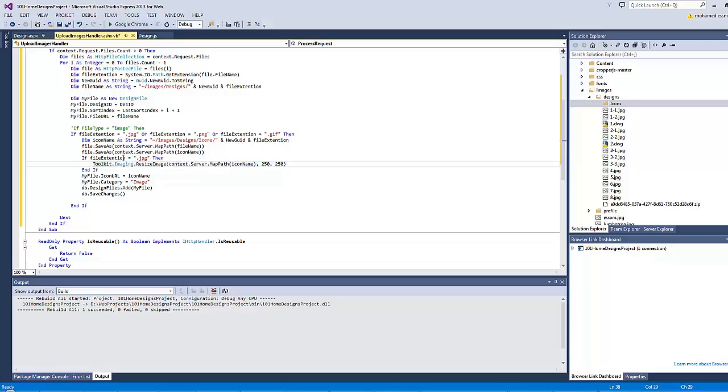So if the file extension equals JPG, what is the reason for this if statement here? The reason is that if the image has the extension of PNG or GIF, and I compress it with this toolkit, the background will be black instead of transparent. So in order to avoid this phenomenon, I have put this condition here. So if the file is PNG or GIF, it will not be compressed, it will be saved inside the icons folder with the same name and the same size. My file.iconURL equals icon name, then my file.category equals image, then it's time to save it inside the table,